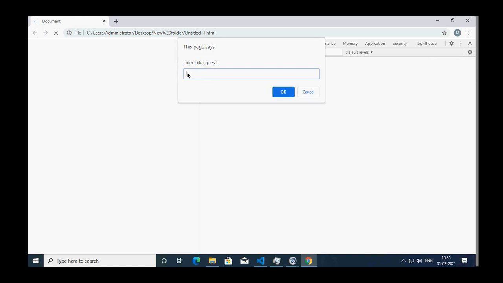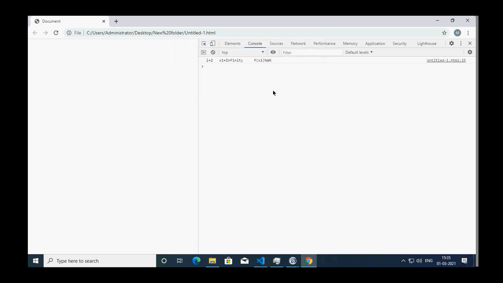Maybe somewhere, let us say 0, I put it. Okay, so for 0 I am getting an infinity and then none, because my derivative function is going to have 0 value. So f of x divided by df of x is going to come infinity and it is not going to converge. It will always be an infinity, and the computer cannot move ahead, cannot take infinity into consideration, and therefore the solution, we say, is going to diverge.